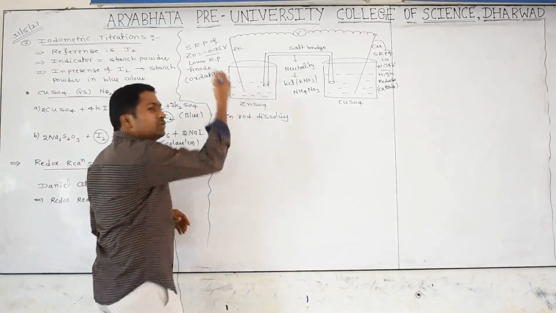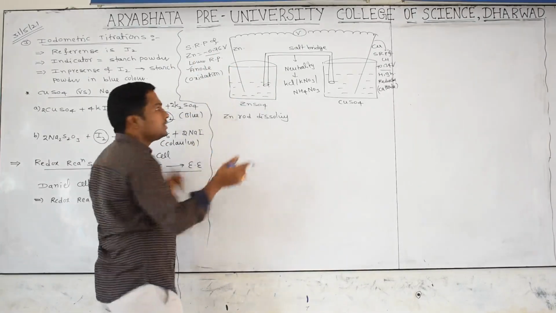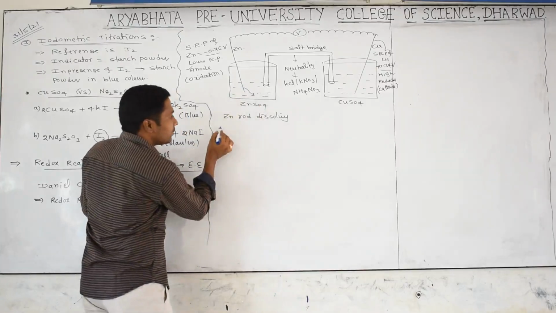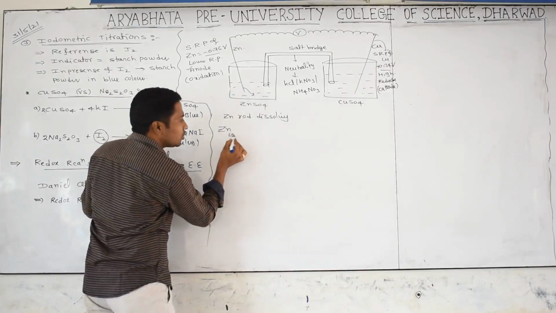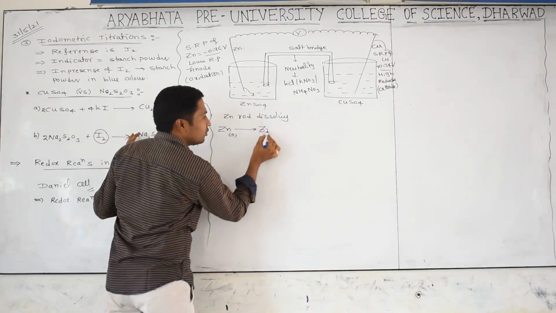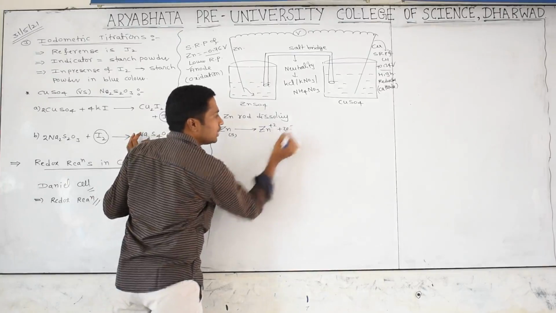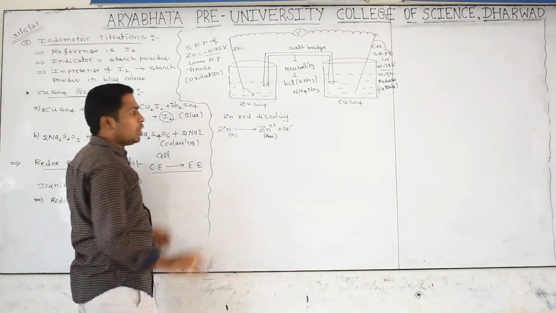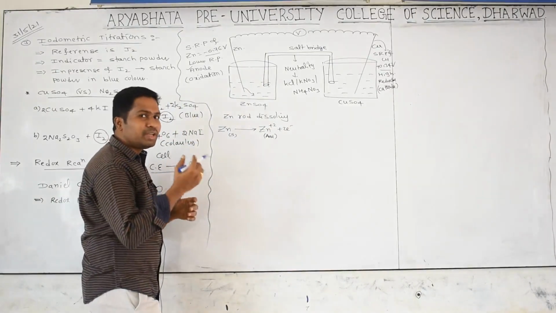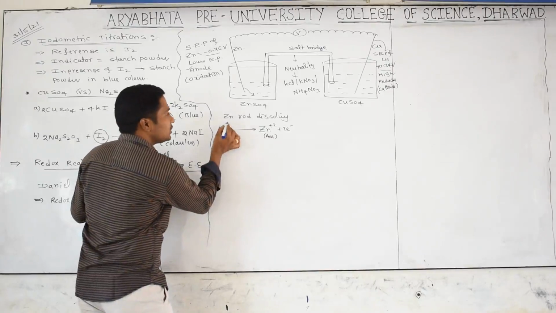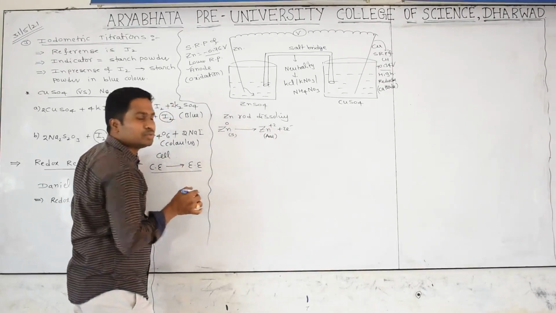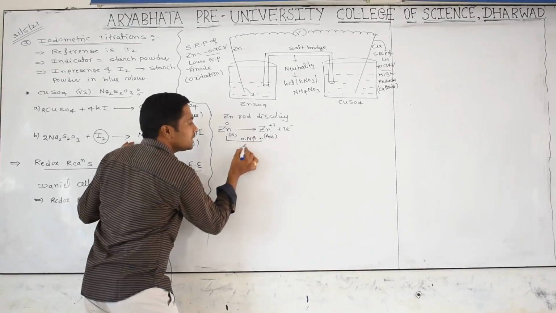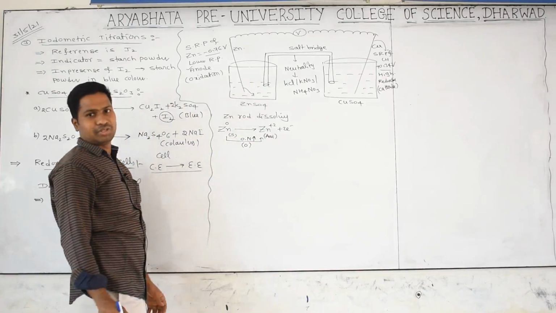Now, if you take it like this, what is happening? The zinc rod is dissolving, like ice melting. Meaning the zinc rod is going into the solution. Basically the solid zinc rod undergoes dissolving: Zn becomes Zn2+ plus 2 electrons. The ions go into the aqueous medium. Now, is the oxidation number increasing or decreasing? Its oxidation number is 0, and becomes +2. The oxidation number is increasing, and an increase in oxidation number means the process is called oxidation.